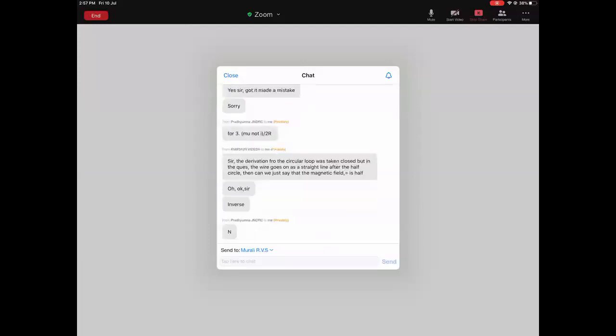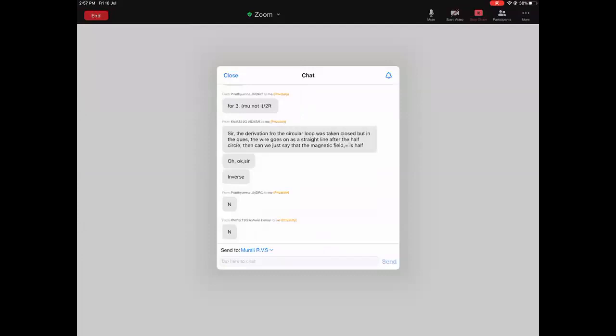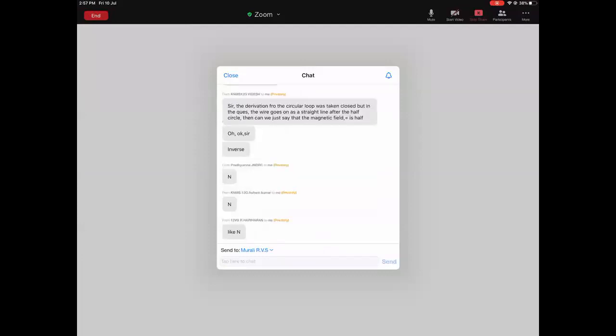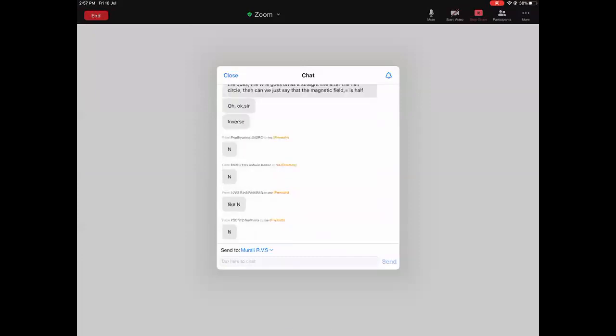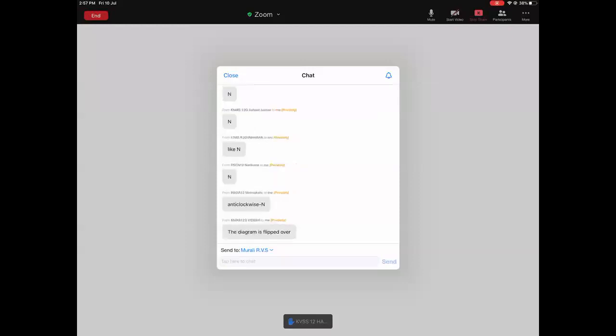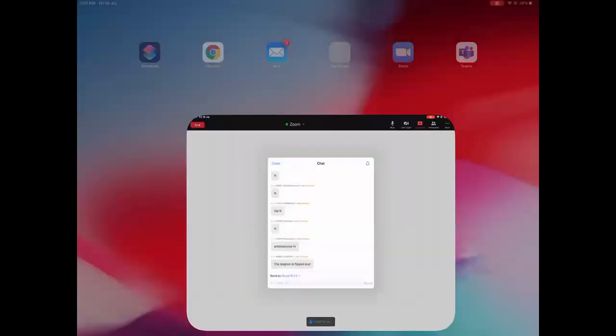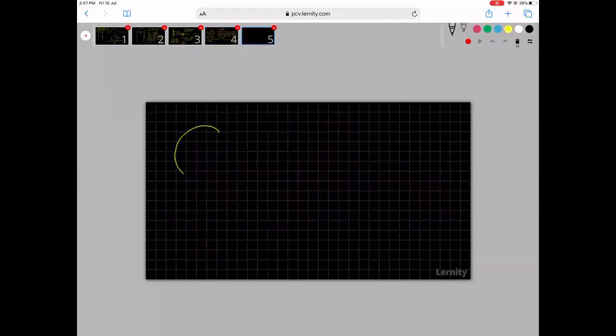Yeah, it looks like an N. It looks like an N, right? But what is the direction of the current there? That is not the observation that I want you to look at. I want you to look at the fact that the current now looks anti-clockwise. It goes this way, it goes this way. So when you join the two free ends, it looks like a north pole.